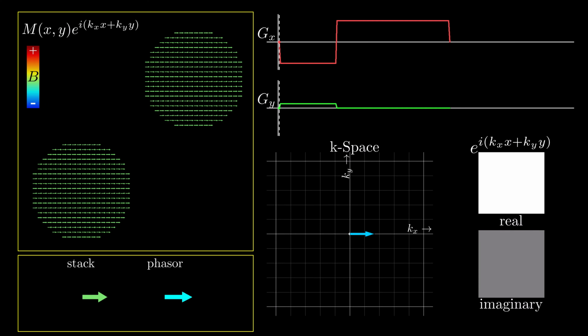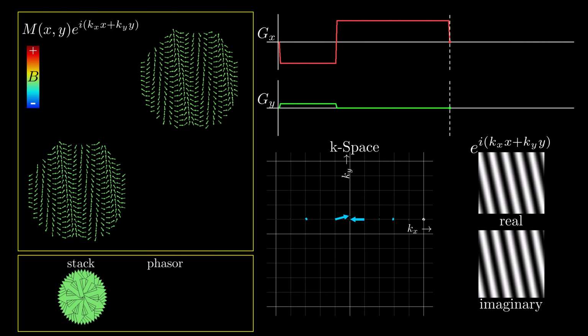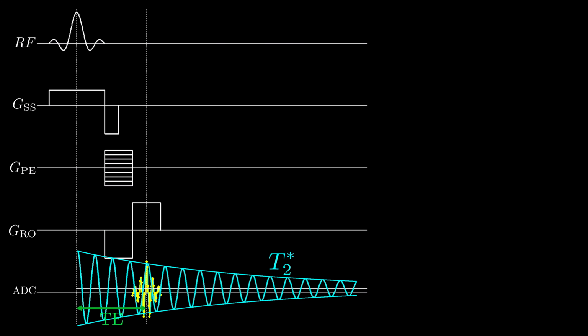On the other hand, what if I play a very aggressive frequency encode gradient and walk from edge to edge as fast as possible? If you believe the math, then we expect the same signal to be acquired either way. Can you see advantages or disadvantages to either of these? Well, one advantage to the fast readout is that the spins won't have dephased as much by T2* decay compared to a long readout, so our signal will actually be a little bit higher in this scenario because our